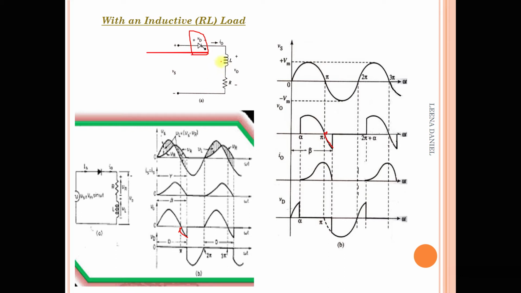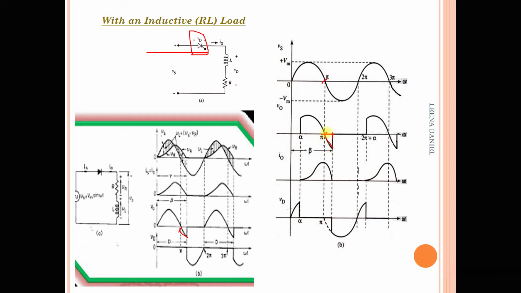Due to this, the inductor does not let the current across the thyristor go below the holding level. Due to the inductor, the current would not immediately become zero at omega t equal to pi. It will continue to flow through the thyristor or the diode, because the current would not go below the holding current. So after pi, at some angle after pi, the voltage would go to 0.